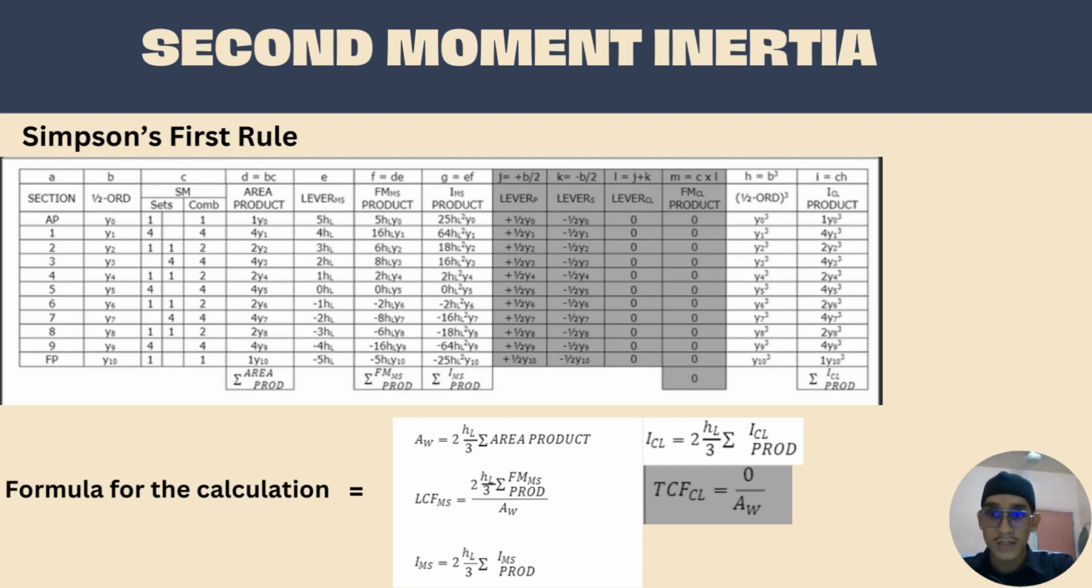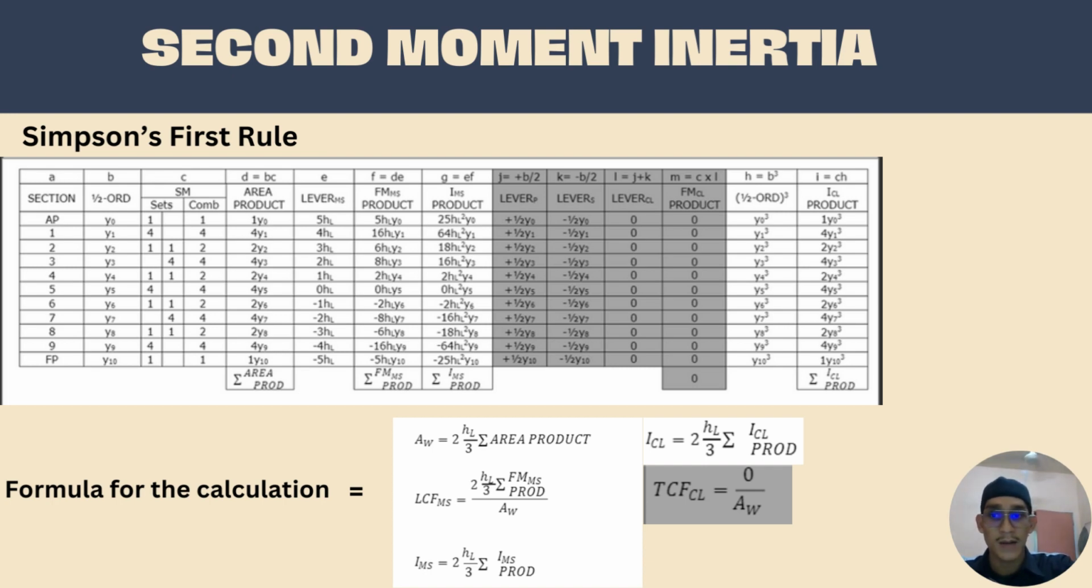So here is the formula for the calculation. The first formula is AW. The AW is 2HL divided by 3 times the summation of the area product. LCF MS is 2HL divided by 3 times the FMMS product, divided by the AW. The third formula is IMS, which is 2HL divided by 3 times the IMS product. ICL is 2HL divided by 3 times the summation of ICL product. Lastly, the TCFCL